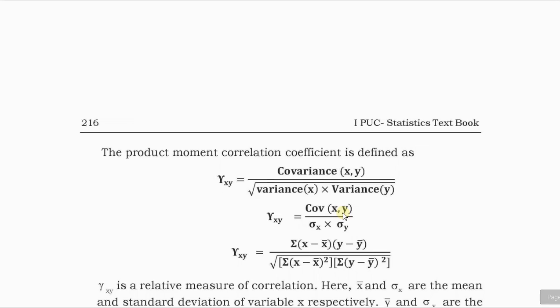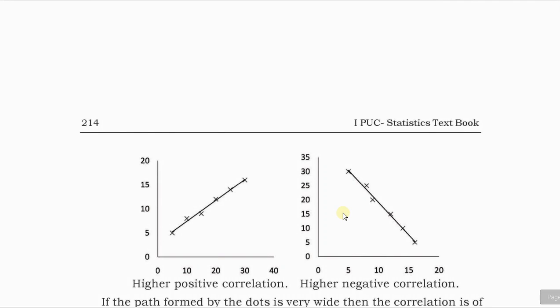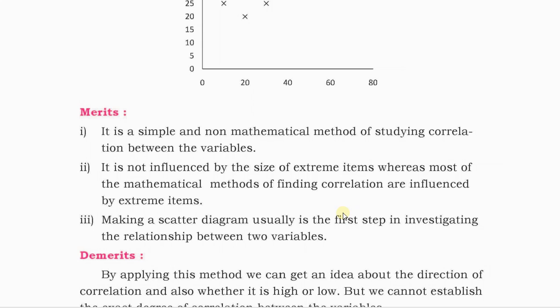So these were the methods of calculating the correlation coefficient: the scatter diagram method, the Karl Pearson's coefficient of correlation, and the Spearman's rank correlation coefficient. So Karl Pearson's method is used when the data is quantitative in nature and when the variables are assumed to be in a linear relationship. And Spearman's rank correlation coefficient is applicable when the data is qualitative in nature and you don't need to assume that it comes from a normal distribution or that there is any linear relationship between the given variables. So this was all about the correlation coefficient and its different methods.